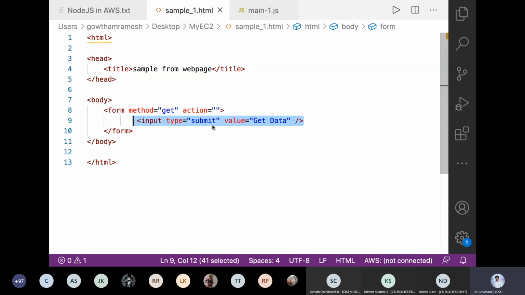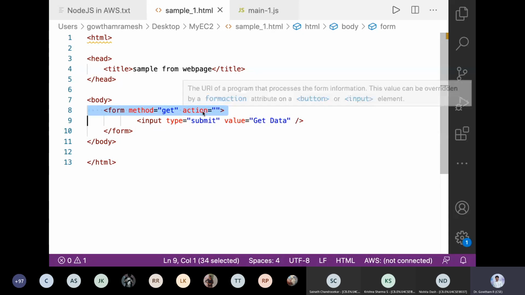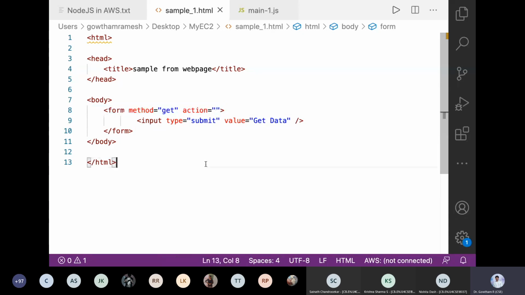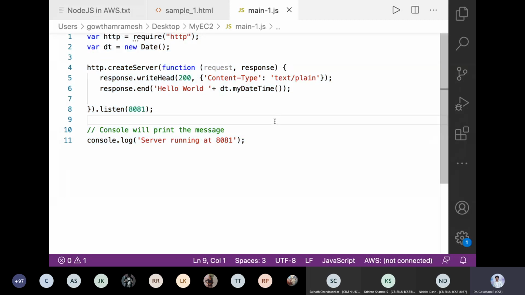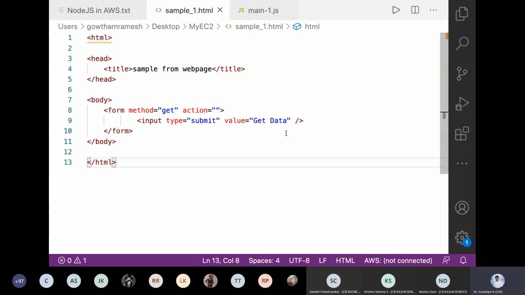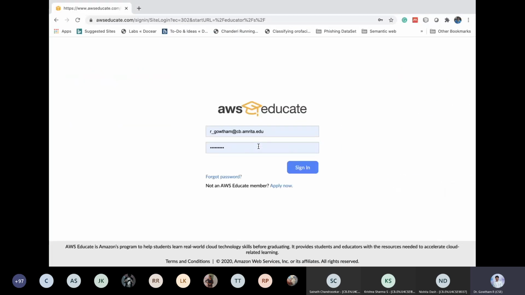Whenever you click the button, it sends the get request to the particular web server. So two simple programs: one is a Node.js program, the other is an HTML program. Nothing else is there. Now log into your AWS Educate account.